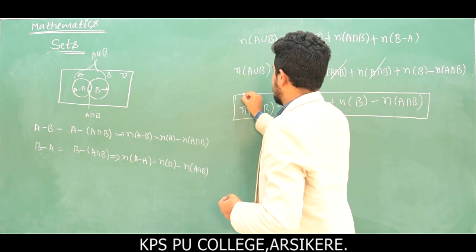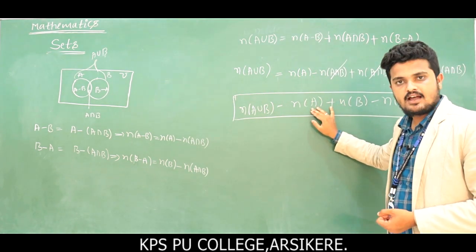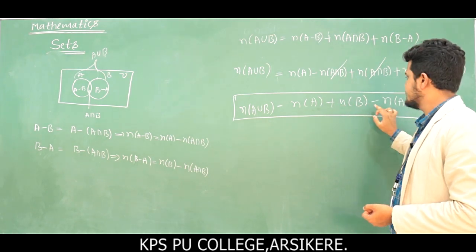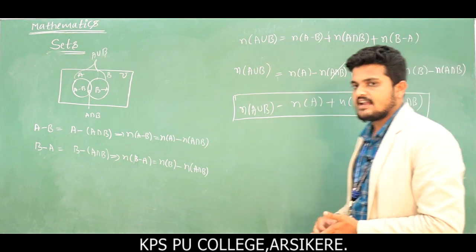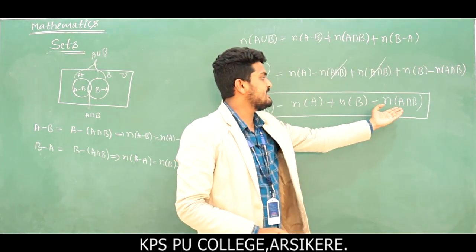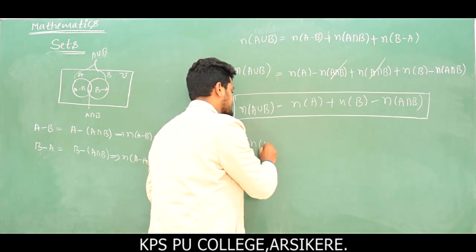This formula is very very important. n of A union B is always equal to n of A plus n of B minus n of A intersection B. Again, what is the value of n of A intersection B? Minus n of A intersection B, take it into LHS. So n of A intersection B,